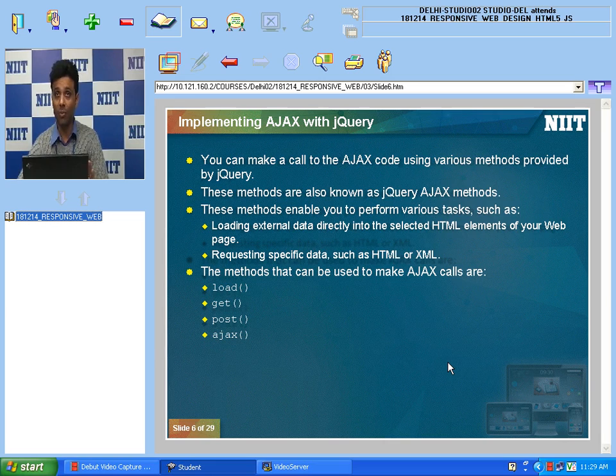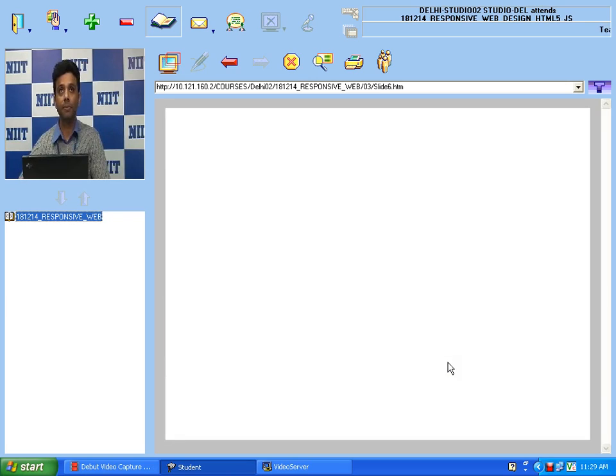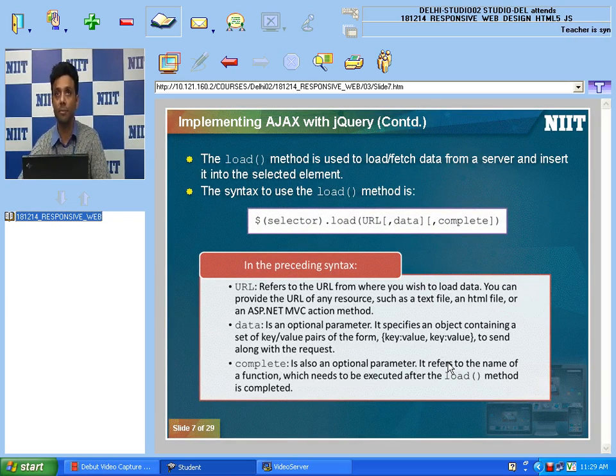The working of load, the first method. As you can find on the screen, it is used to load or fetch data from a server and insert it into an HTML element. Just try to understand.